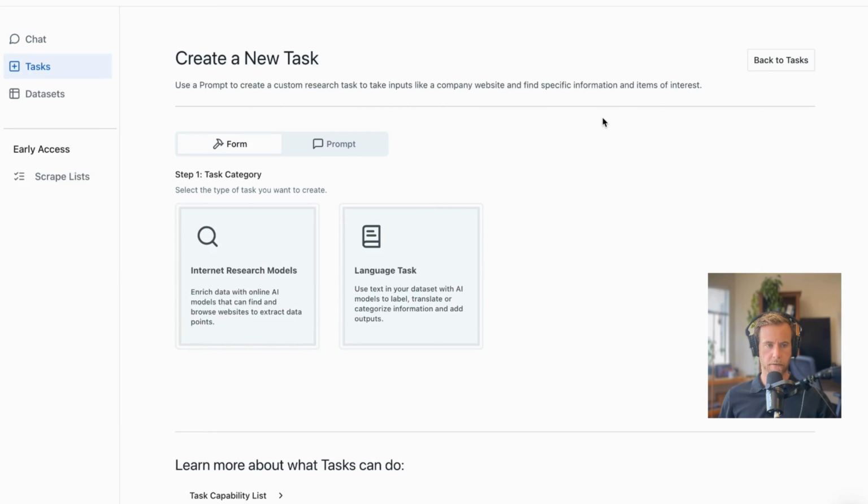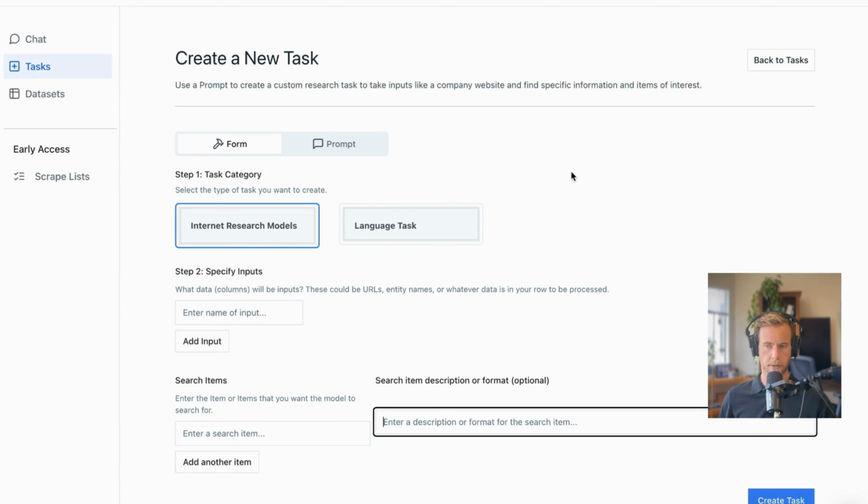When we're here, we see a form explaining that we can create a new task. We want to take a website and find information about it. And in this case, we actually want help looking at CPA firm websites. And we'll take small firms in Boulder, looking specifically for what services they offer, whether or not they help us with tax prep, a phone number if it's listed on the website, and then information about key people at the website. So to get started, we can click Internet Research Models, as we're going to be needing to browse the